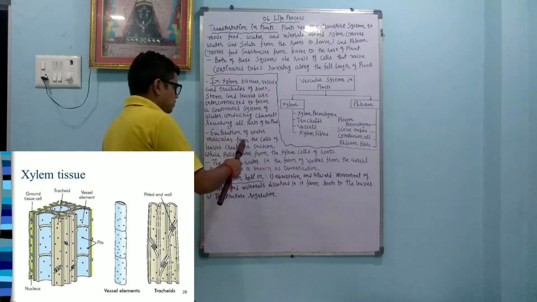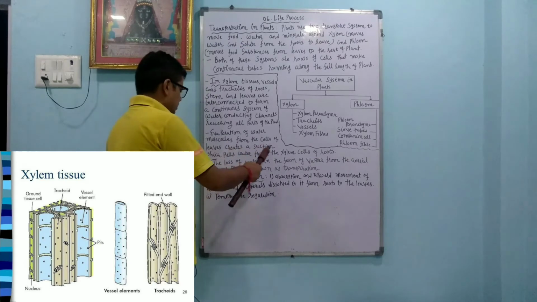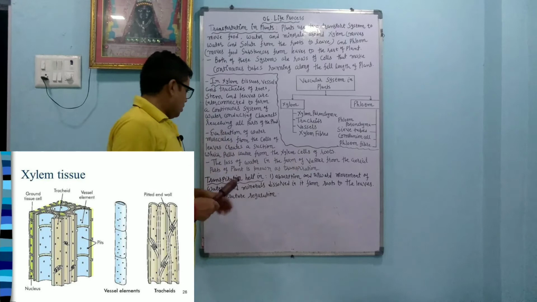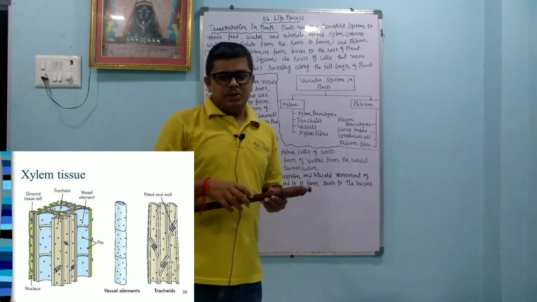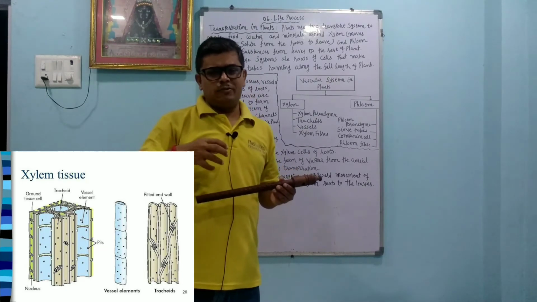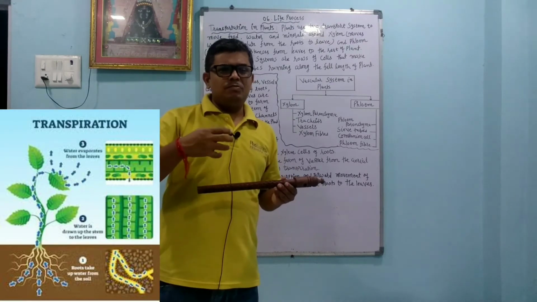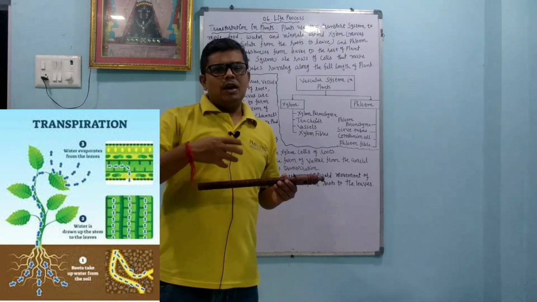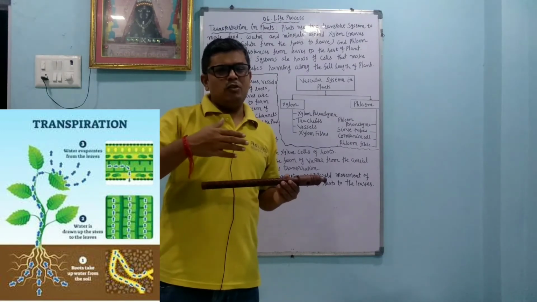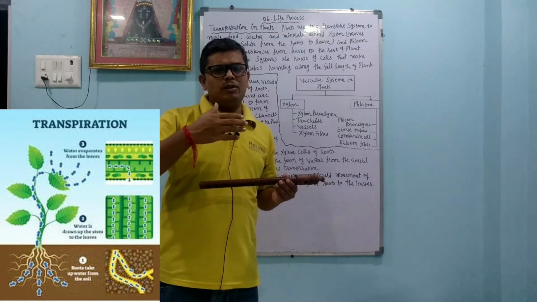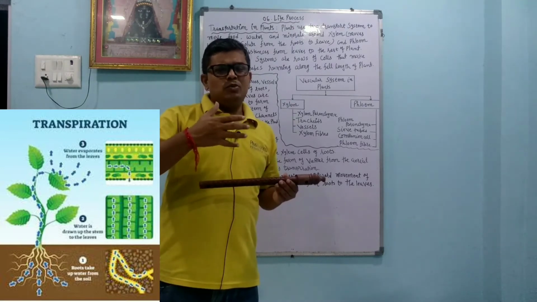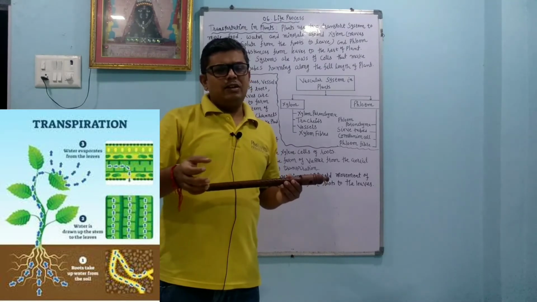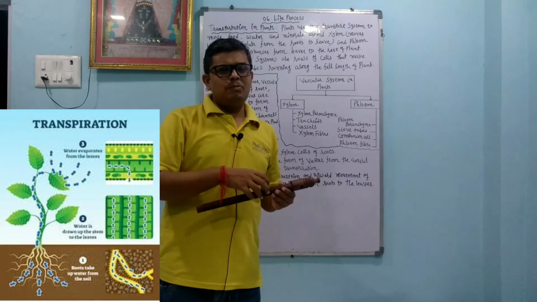Evaporation of water molecules from the cells of the leaves creates a suction which pulls water from the xylem cells of the roots. Now, dear student, you should know about transpiration. Transpiration means excess water from the plant is removed from the aerial part of the plant, and that creates the suction. As water molecules are removed from the leaf, suction is created, and because of that suction, water enters by the root and goes to the different parts of the plant.